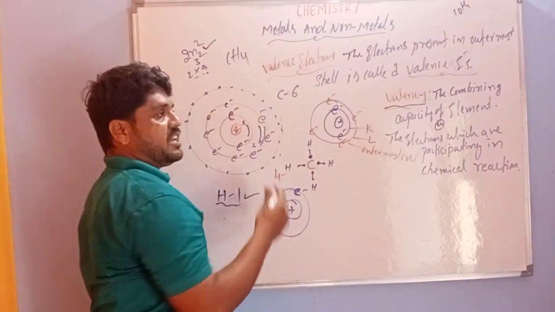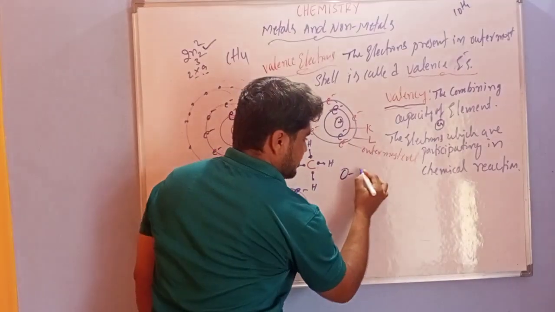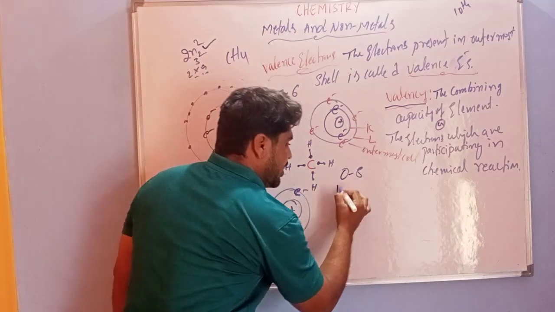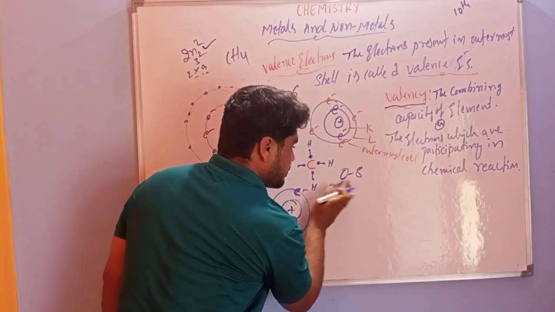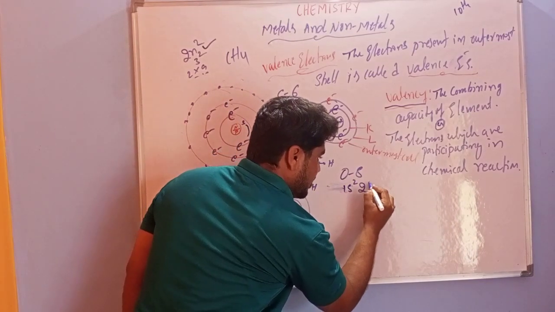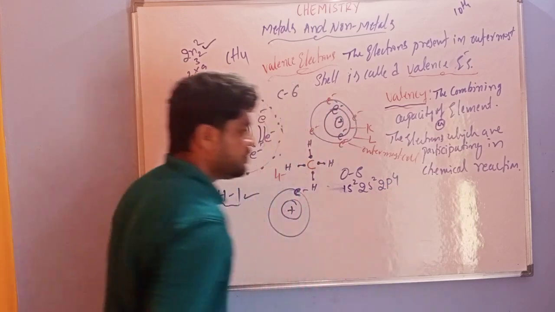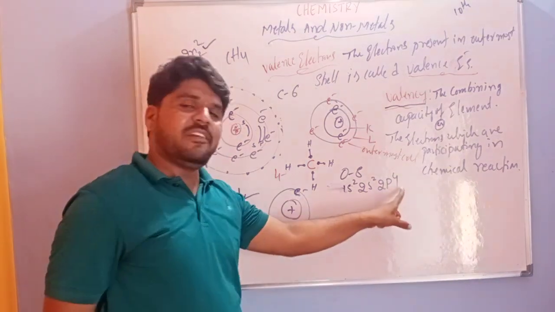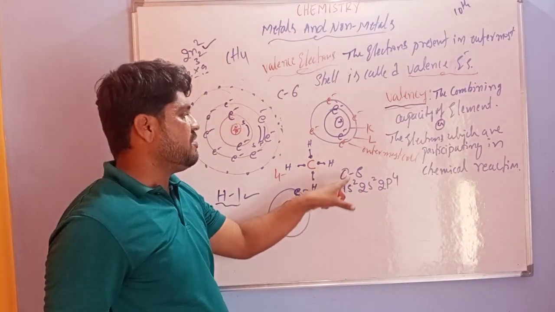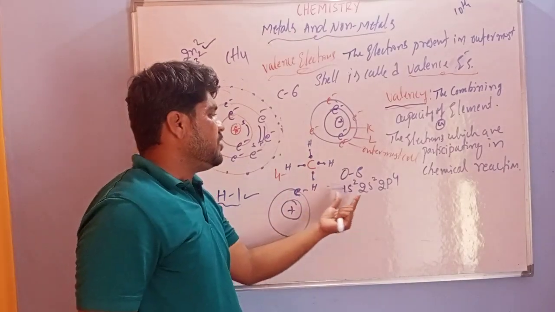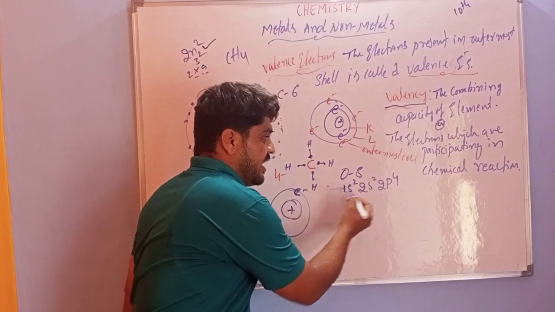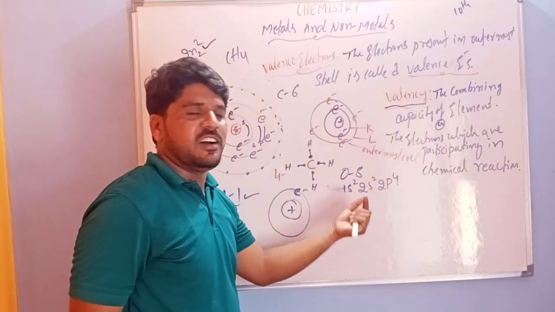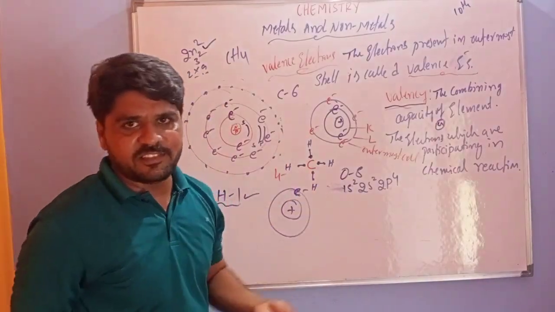Next, I am taking one more example, oxygen. Oxygen, atomic number 8. I am going to write the electronic configuration of this oxygen atom: 1s2, 2s2, 2p4. That is 2 plus 2 is 4, 4 plus 4 is 8, so 8 electrons. This is the electronic configuration of oxygen. If you are not able to write the electronic configuration, there is a trick, so try to write the electronic configuration of all the elements in the periodic table.